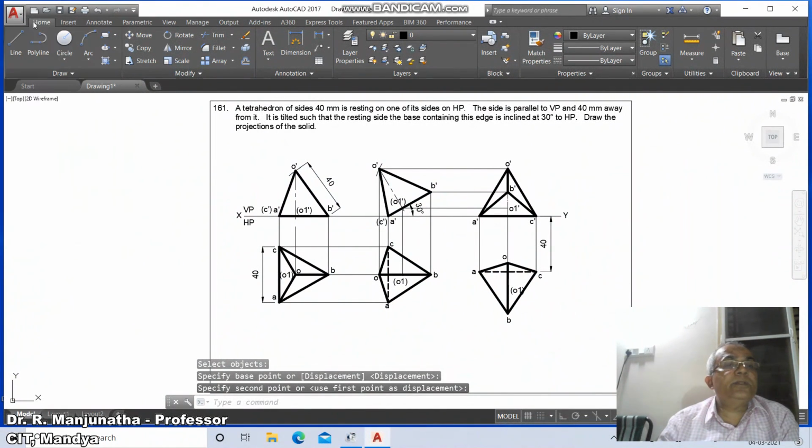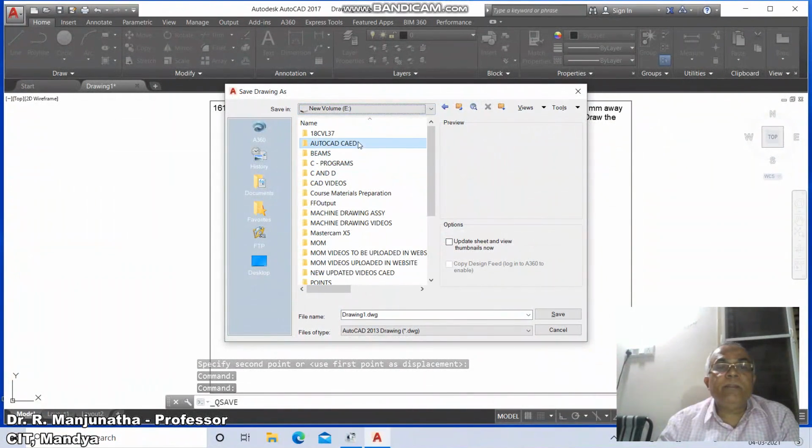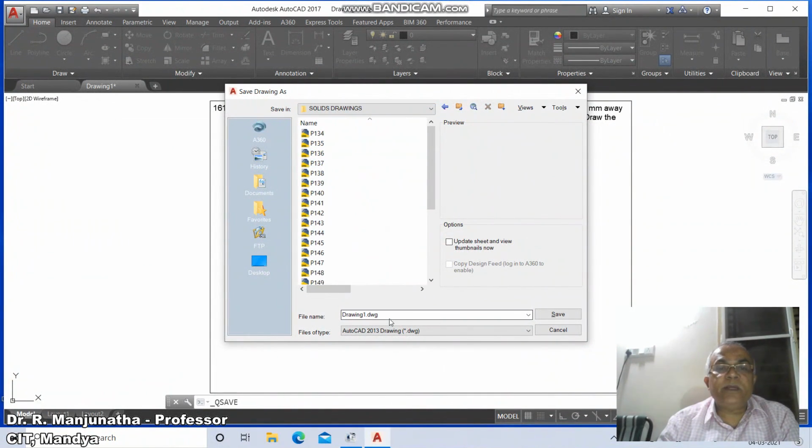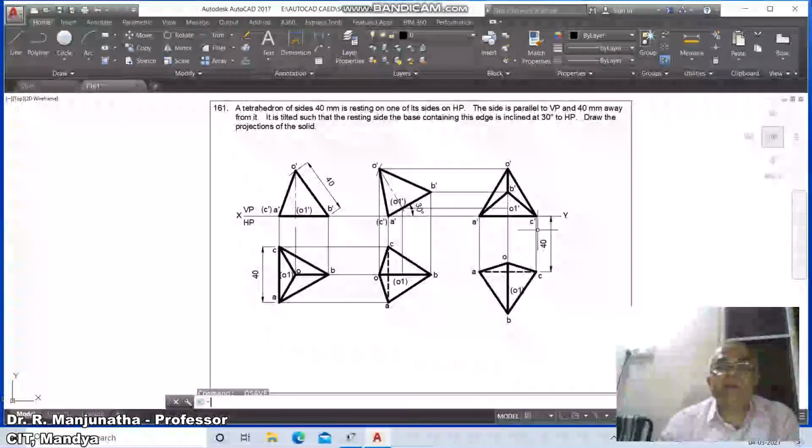Then go to save, go to appropriate drive or the directory, and go to solid drawing and type P161 and save it. And finally